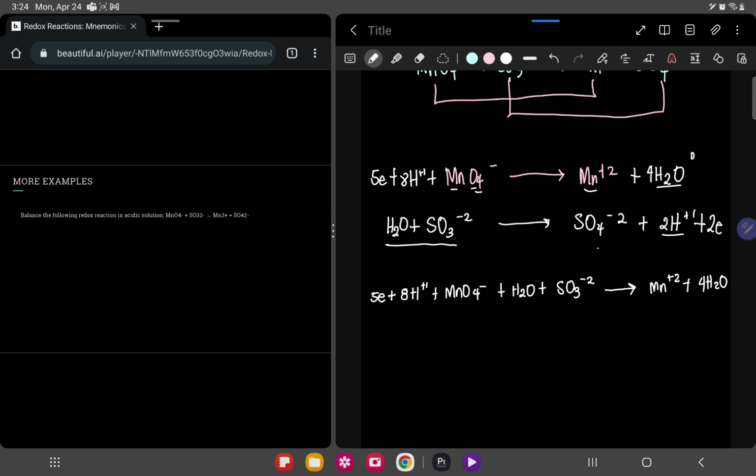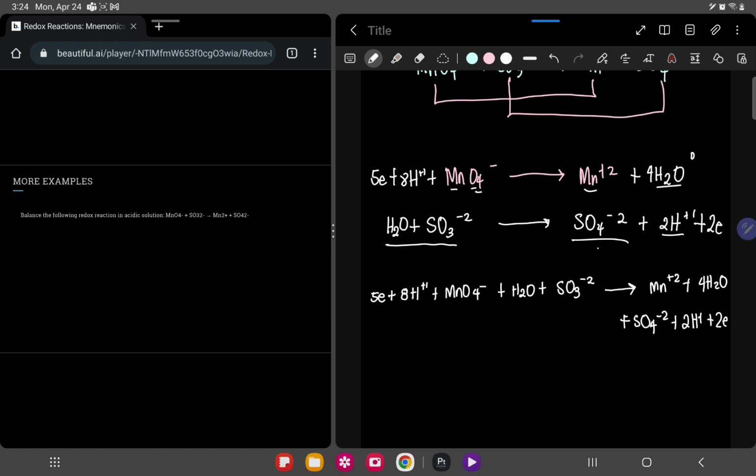Make sure you are not leaving anything out. Plus SO4 negative 2 plus 2 hydrogen plus 2 electron. Sorry, it's a bit cramped, but now that you add each of them,